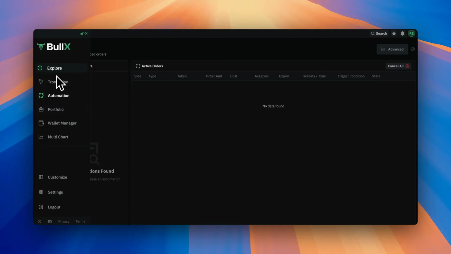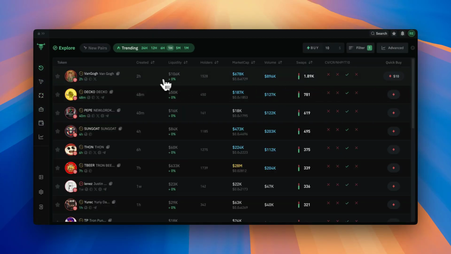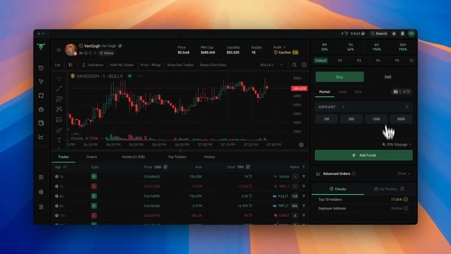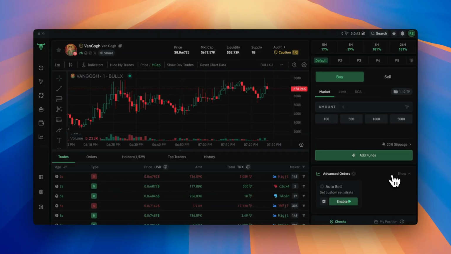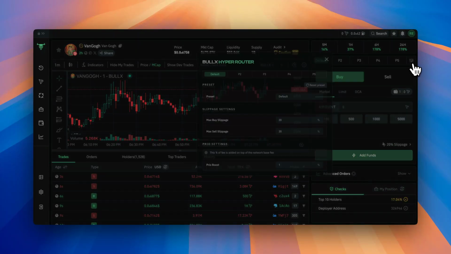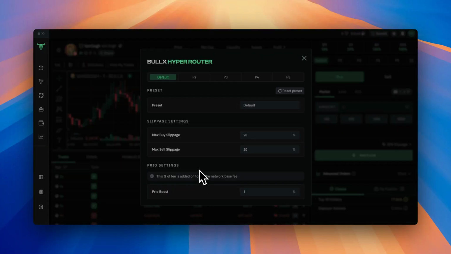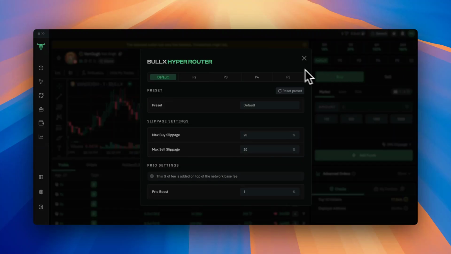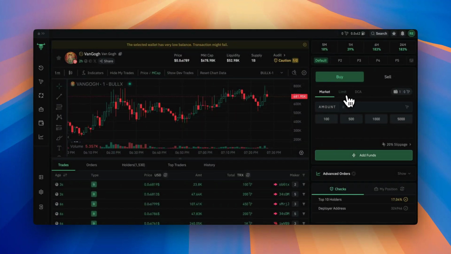If we wanted to do buy strategies, I think we can do them here. So if we go back to Van Gogh, that would be over here, so that's auto sell. What are limit orders? Can't find limit orders. So they have limit orders here on the other. Oh yeah, here, limit orders.